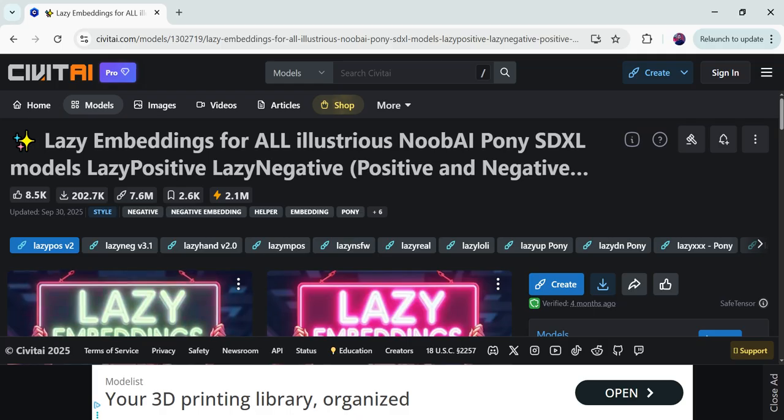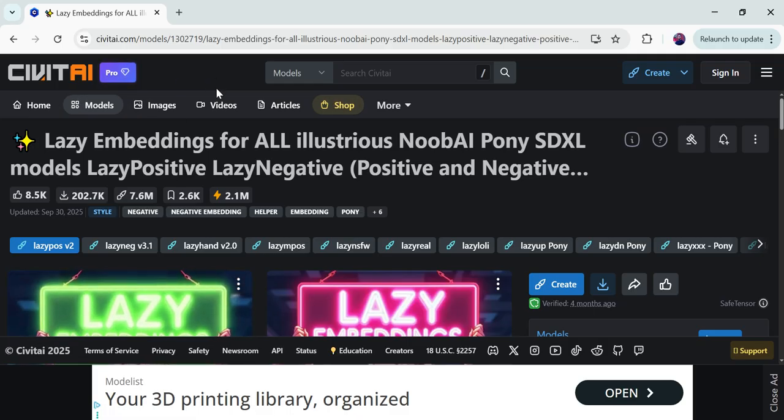So it was all about how you can use Civit AI for finding out the best stable diffusion models for